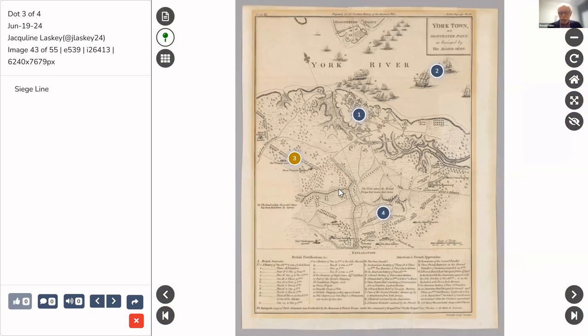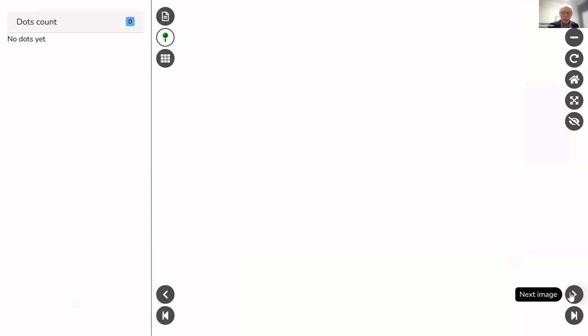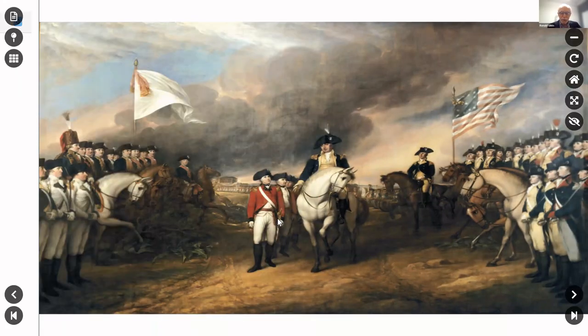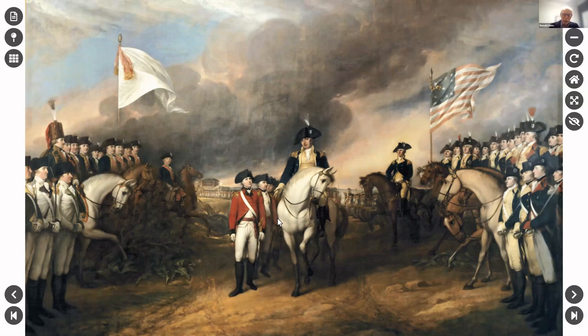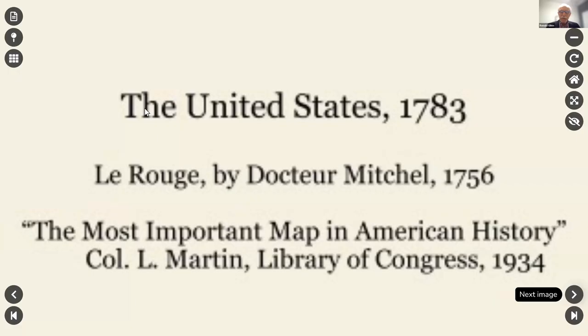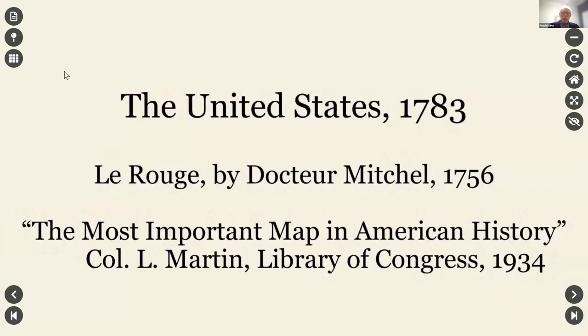And after this, the British government and the British people have no more stomach for war. Negotiations ensue. And next slide, we show the John Trumbull painting of the surrender of the British at Yorktown. Next slide, please. Negotiations ensue in Paris. Next slide, please, Jackie. And the last map that I'm going to show you has been called the most important